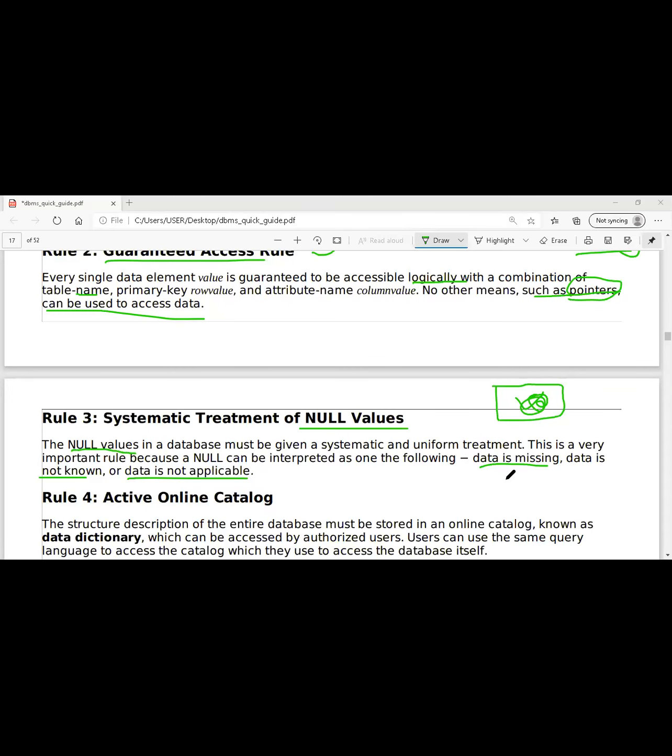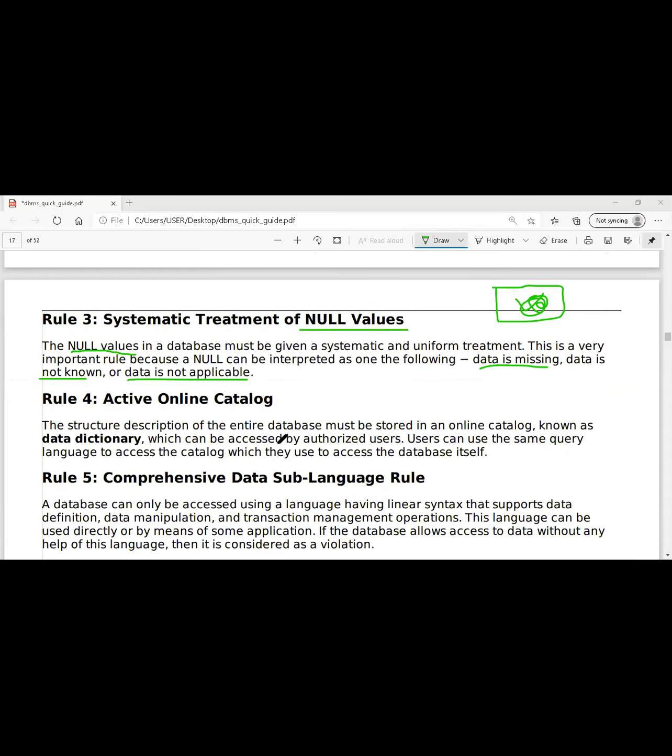So the data is missing. My third rule says to allow null values with systematic treatment. Then coming to the fourth rule, active online catalog.